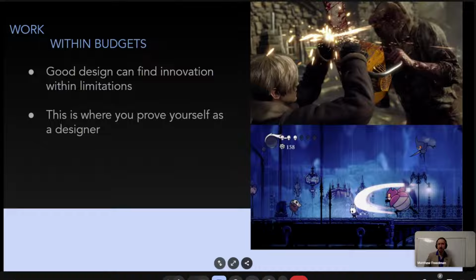Another example from the other side is Hollow Knight. So this is, of course, before Silksong, but I think in Hollow Knight they did a much better job of sticking within their constraints. They had I think 2 people working on the team. They only had a couple of years to get this done. They rolled up their sleeves. They focused on it. They came up with this really excellent Metroidvania. I like Silksong, but where I'd